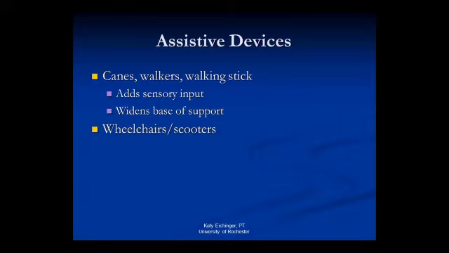I also sometimes will recommend using assistive devices when, and this goes back to balance confidence, you make a decision that you don't want to go do something because you're concerned about your balance. That may be a time where an assistive device may be appropriate, because I would much rather have an individual go for a walk in the park using a walker than choosing to sit on their couch, because that inactivity of being on the couch is not good for our health. Whereas walking, even with the assistive device of a walker, gets you up and moving.